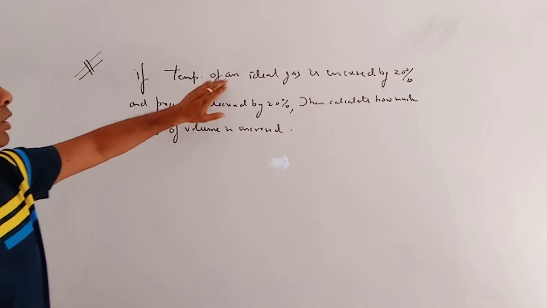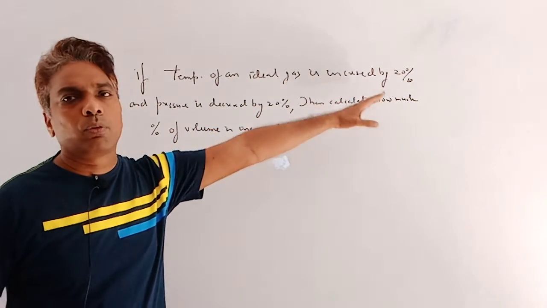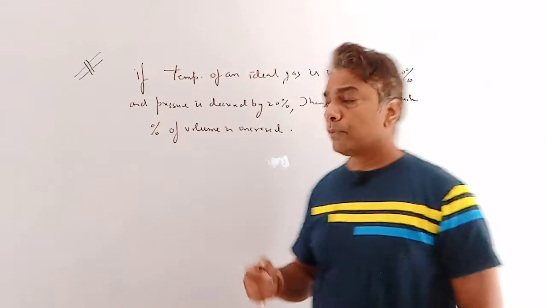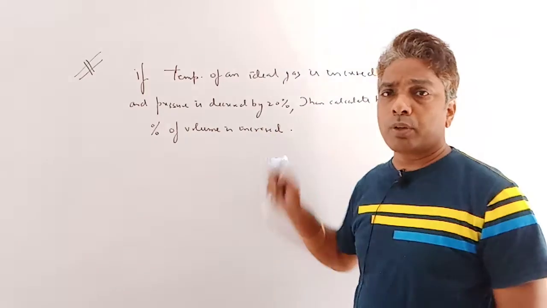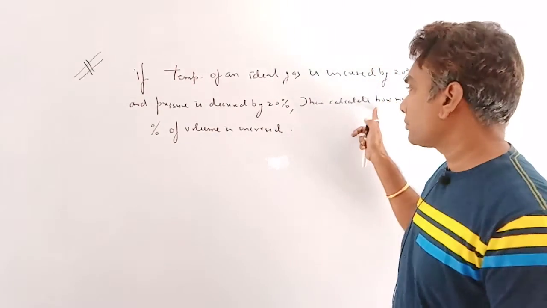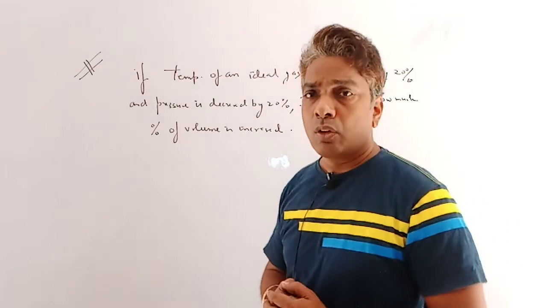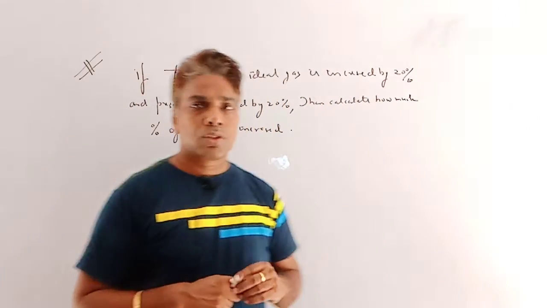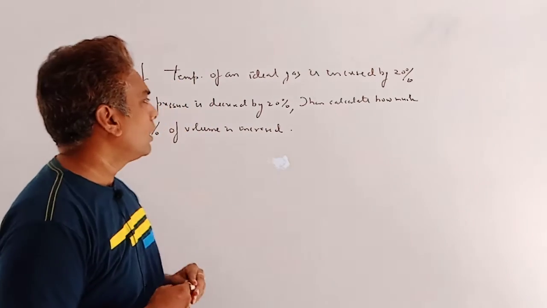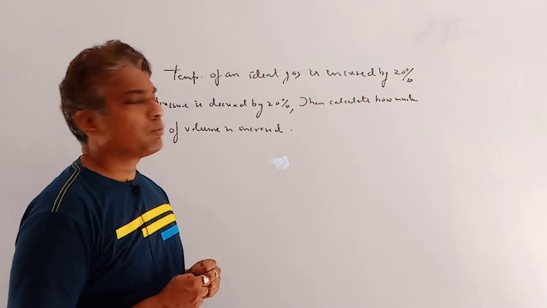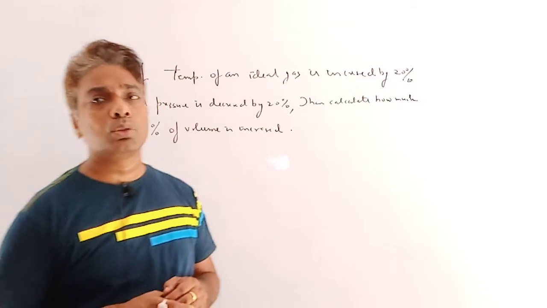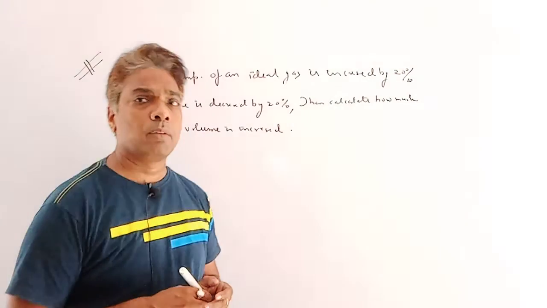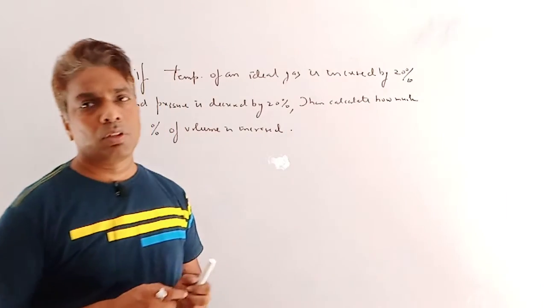If the temperature of an ideal gas is increased by 20%, and for the same gas the pressure is decreased by 20%, then calculate how much percentage of volume will be increased. Clear? Since in this question it is given in terms of percentage, if we assume that the initial volume, temperature and pressure are 100, then the calculation is easier